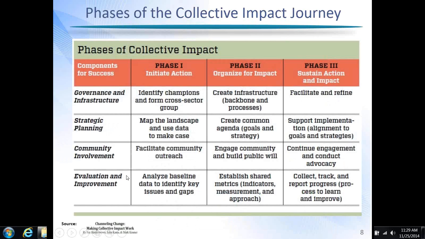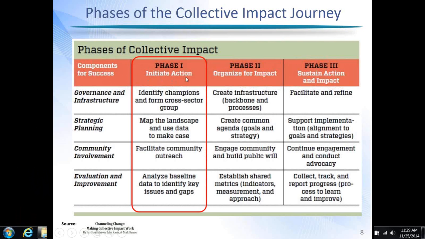In the second article, there's this table on how collective impact can be achieved. And this is a good, again, general guideline that there are these various components for success, and they have different things that are focused on in the various phases.